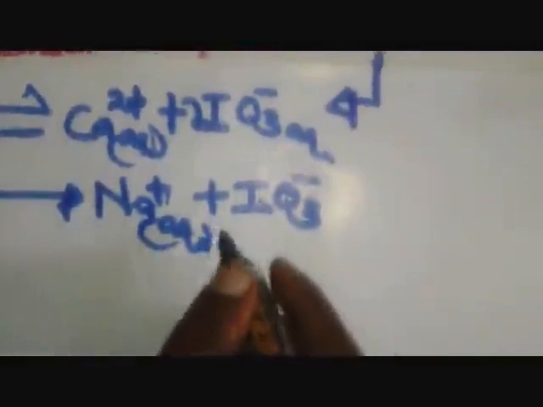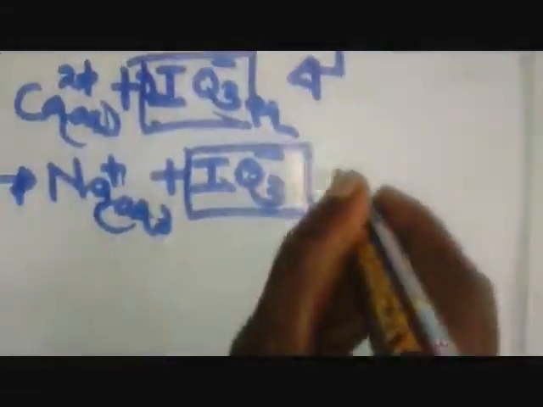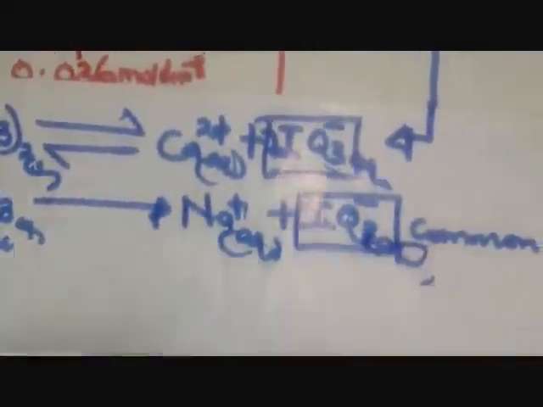Now, what are we seeing when it comes to the ions? We have two sources of ions. We have the iodate ions which came from the sparingly soluble salt, and then we have the iodate ions from the sodium iodate. This is the ion in common from both salts. So writing our equation like that, we have aqueous there. What I was emphasizing is that we have iodate in common. That is where we see the issue of common ion.